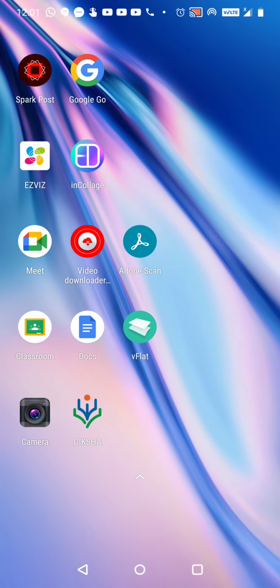Okay, children, now here you can see that there are two apps on my screen. One is Adobe Scan and the other is VFlat. These two are scanners, and you can scan your written content with these.